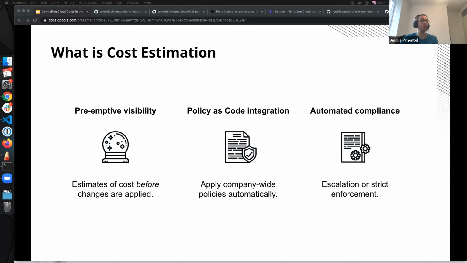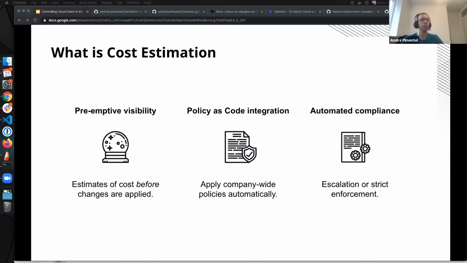Cost estimation happens just after the plan phase. The plan phase will check the consistency of your Terraform code, the dependencies, and so on. And then there's the cost estimation. According to everything that came up from the Terraform plan phase, we do an estimate of the costs. This will give you billing insights before provisioning. The cost estimation will give you visibility of the costs, but we can leverage that using policy as code, which happens in the next phase.